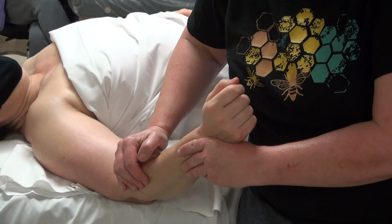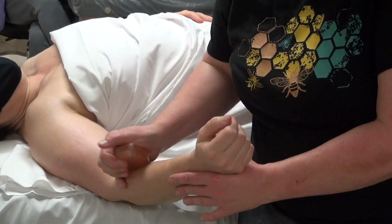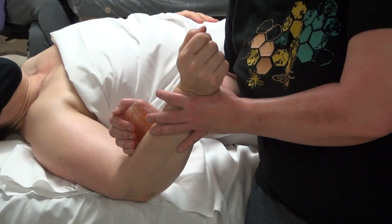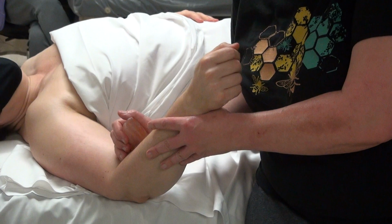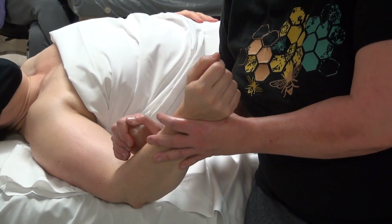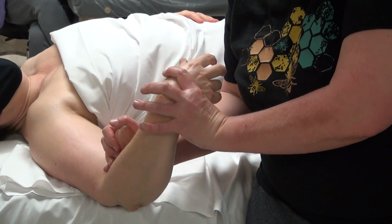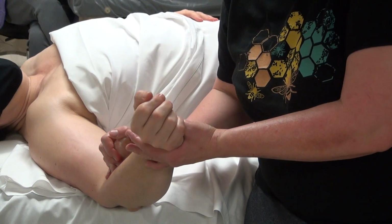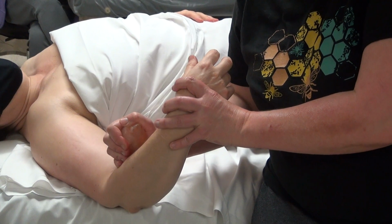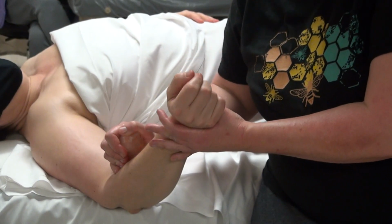How are you doing? Good. All right, and then a little bit more. I'm going to roll through. There we go. There we go. Now, since this is the flexor side, they're short like this and stretched like this. So I can get a tight spot, lean into it and start short